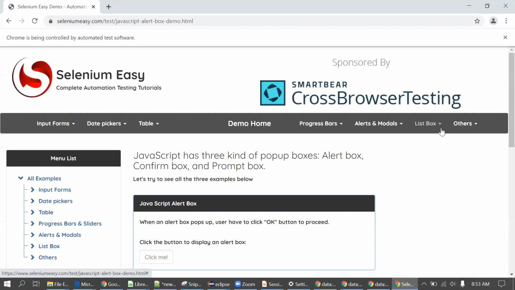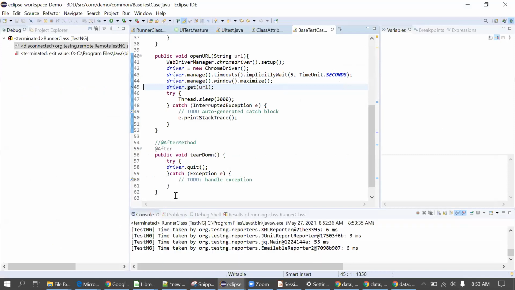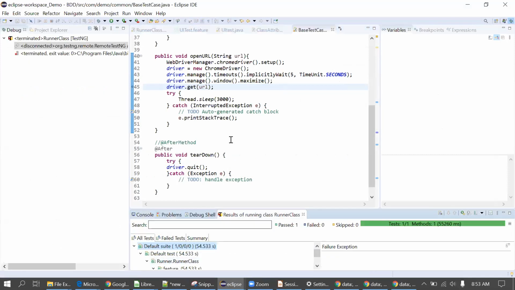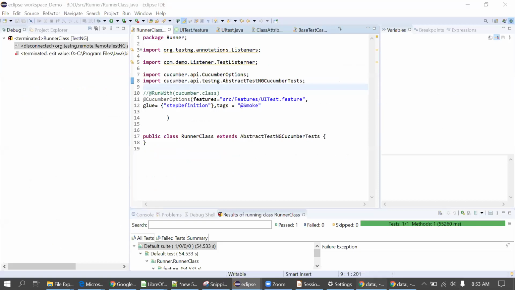Okay, now I'll execute this feature in one go. I'm just closing this browser. It will close, that's fine. Okay, so now we can see our test case passed, the feature passed. So I'll just execute this in one go now. Our syntax should be proper, otherwise it will create this kind of problem.